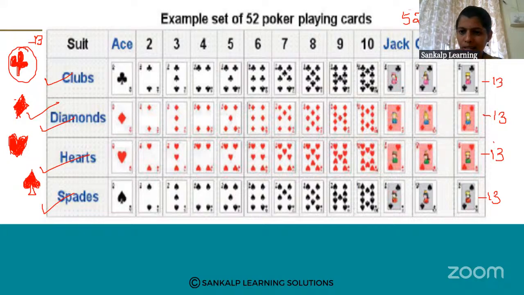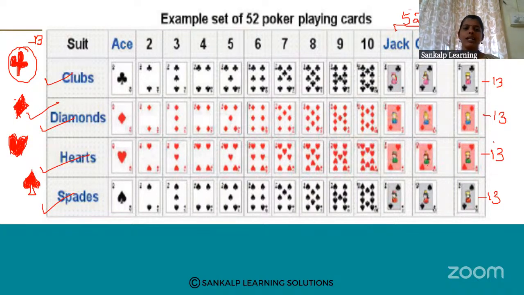Okay. So what do we call these? These all 3 cards we call as face cards. They call them face cards. Okay. So how many face cards are there in one set? That is 3 cards. So in 4 sets, 3 into 4 is 12. So how many face cards are there in 52 cards? That is 12. Okay, or in 4 sets, 3 twos are 6, 6 twos are, 3, 3, 6, 6, 9, 9 plus 3, 12.